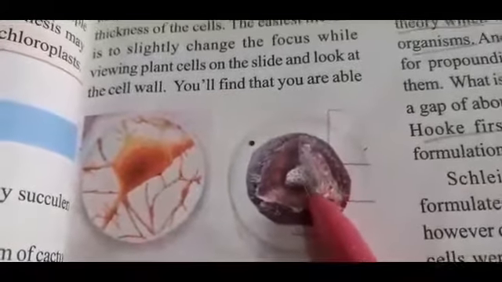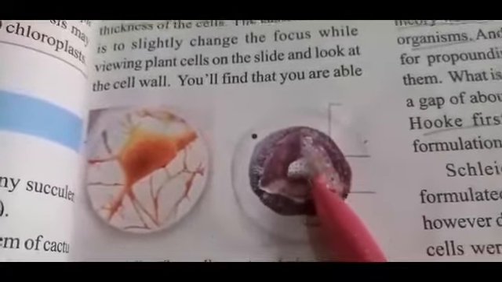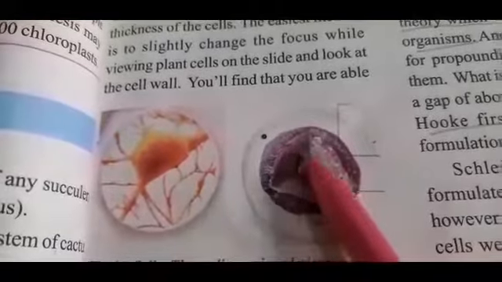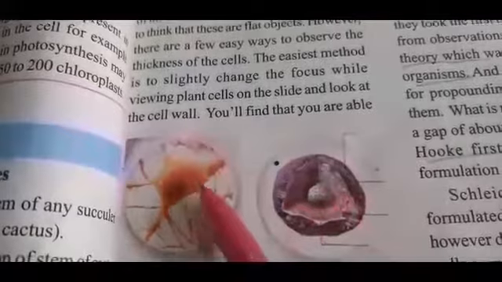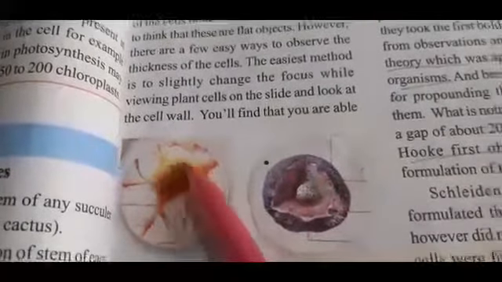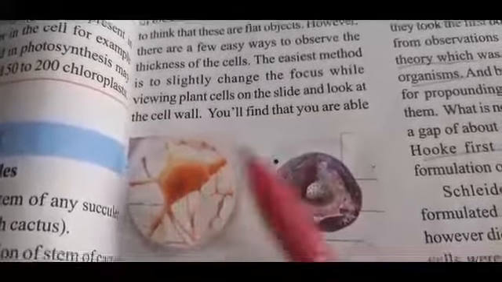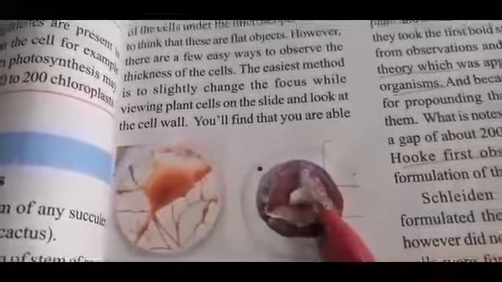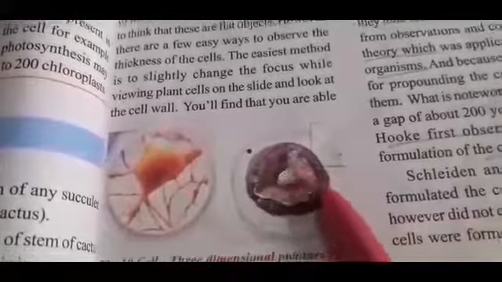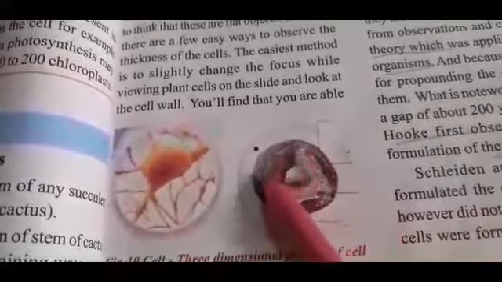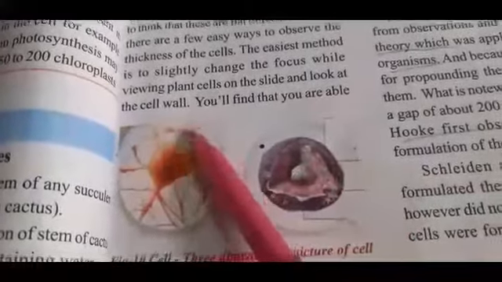This is the central nucleus. The centrally placed nucleus and other cell organelles are present inside. But under the microscope you are seeing the cell like this, just as a flat structure. But really a cell has length, breadth and also thickness. This is the 3-dimensional view and this is the 2-dimensional view.